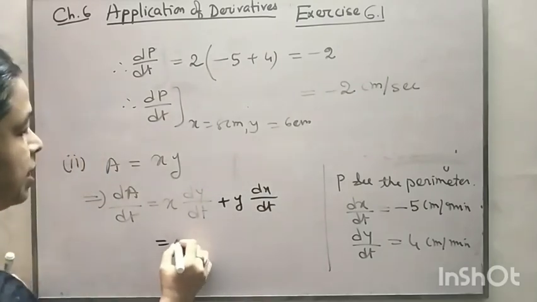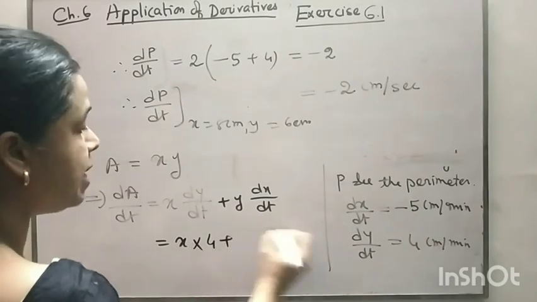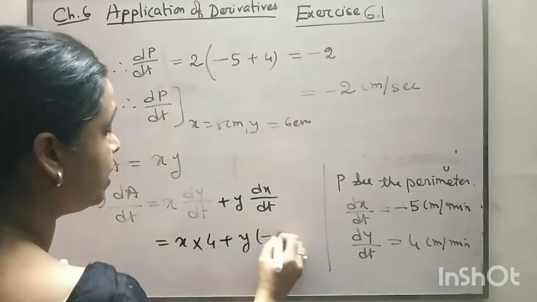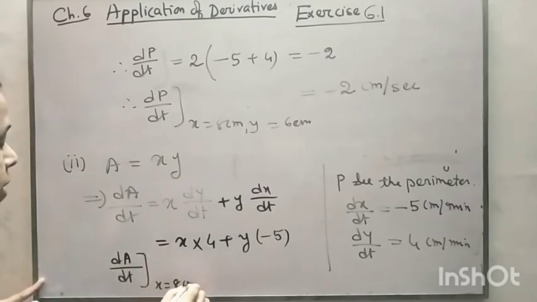Put the value of dy/dt and dx/dt. Your dy/dt value is equal to 4 and dx/dt value is equal to minus 5. But your question is to find out dA/dt at the instant when x equal to 8 centimeter and y equal to 6 centimeter. So put the value of x equal to 8 and